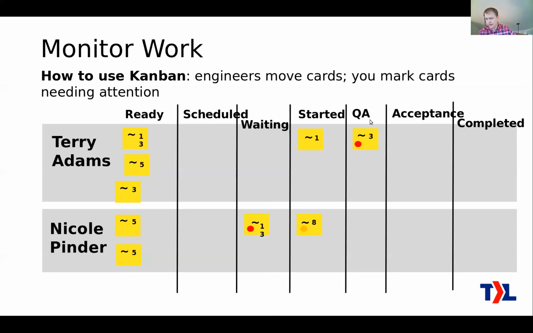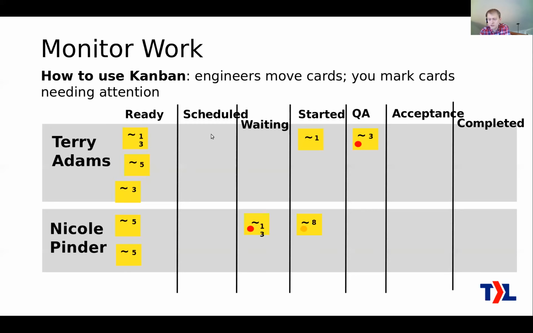Maybe you've got a QA, maybe you've got acceptance. Certainly these are not mandatory. This is just an example. Maybe it just moves straight to completed. Anyway, they see it moving towards the right. If they need more information on the ticket, maybe they need a question answered from the customer, then it goes back into waiting because it's waiting on the customer. Or if it is a ticket where they have to go on site, for example, you coordinate a time to go on site, and you pop it there into scheduled. Now, that's what the engineers do. I have a little bit more to say about that in a moment.